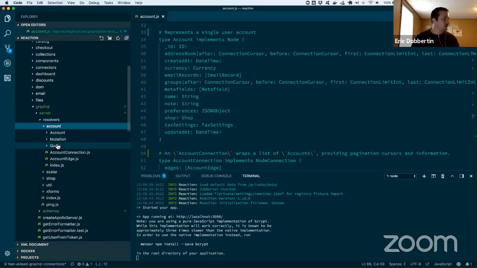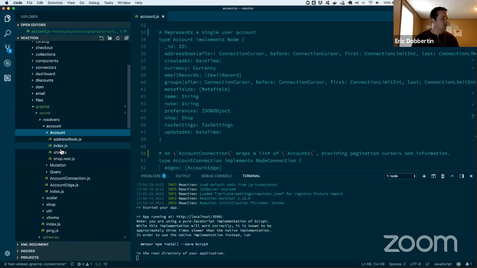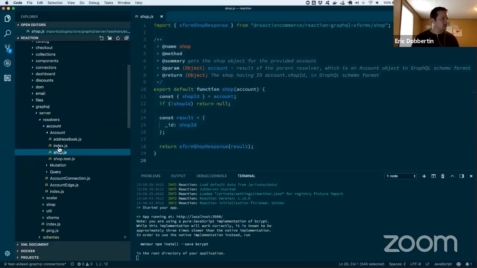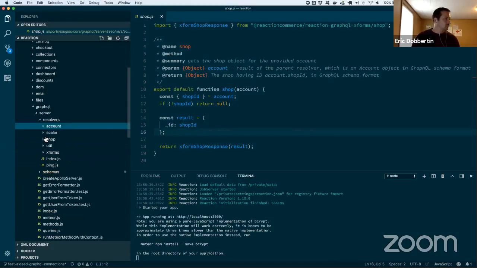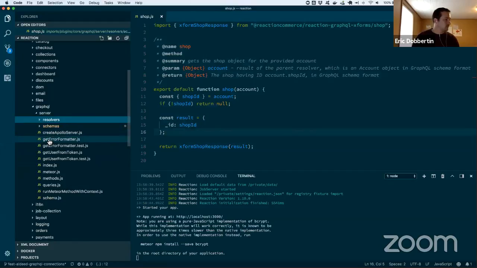But within that, they follow exactly the pattern of the way that the resolvers nest, I guess, in GraphQL. So, mutations and queries are root level things, and then how to deal with an account. And then there's various specific resolvers within that. So this, for example, is a resolver that's only partially implemented, but would return the shop for an account, the related shop. So I'm not going to go too much into how that's implemented. You can just take a look at it, and it's still in flux to some degree.